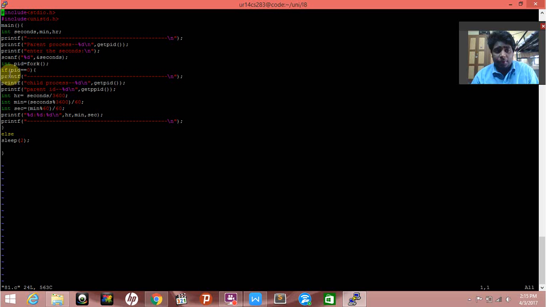Then I'm initializing process ID equal to fork. Then I'm using an if condition. If process ID equal to 0, then it will print the child process and parent ID, that is %d \n, getpid, getppid. I am initializing hours equal to seconds by 3600, minutes equal to seconds % 3600 by 60,